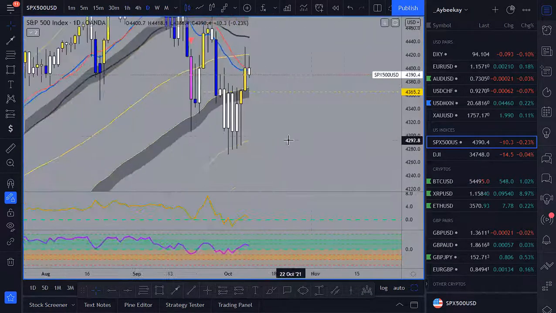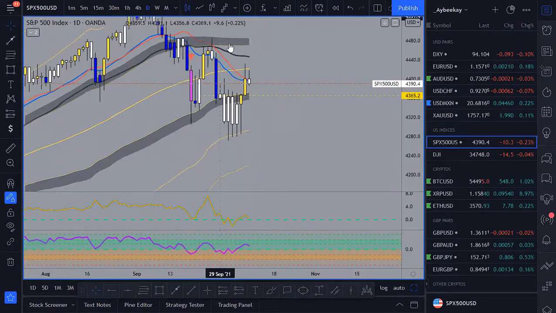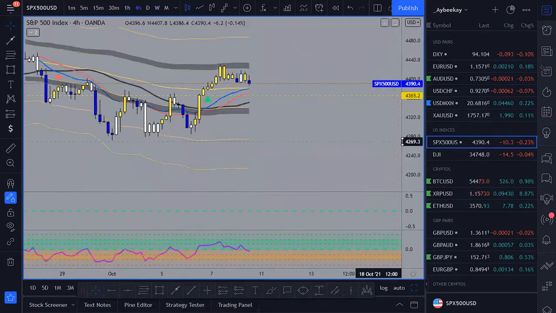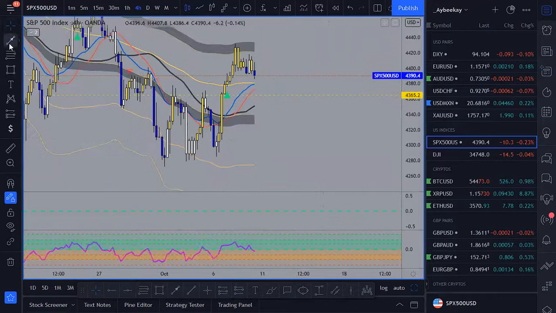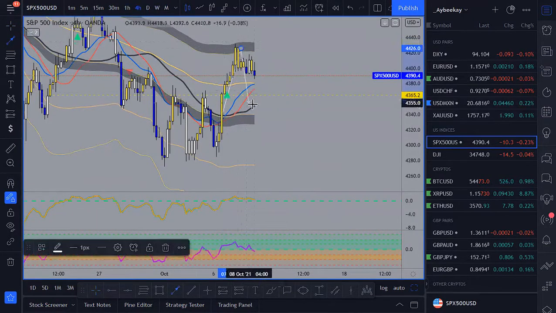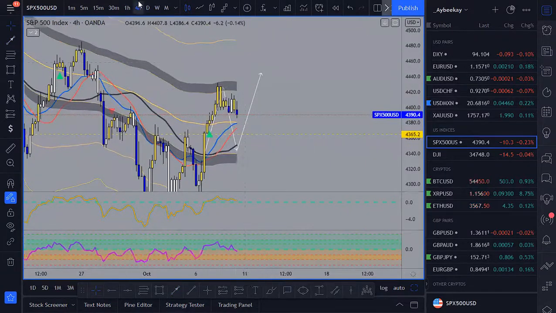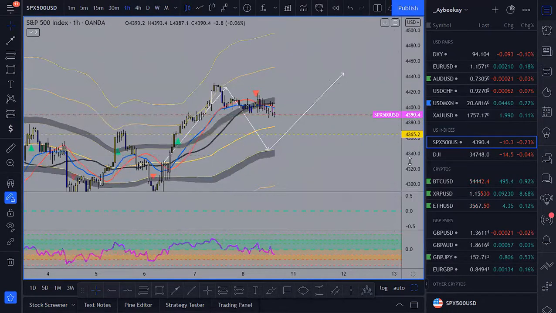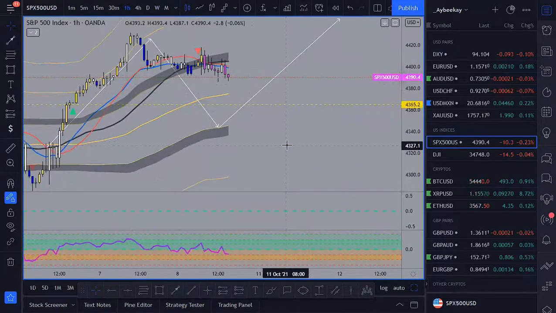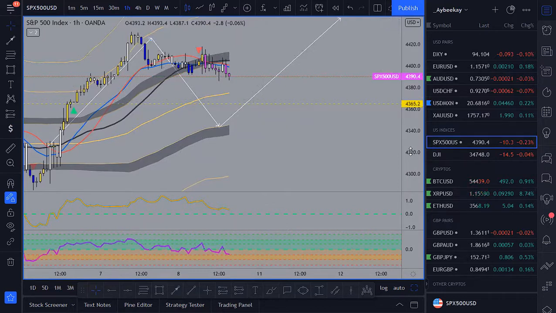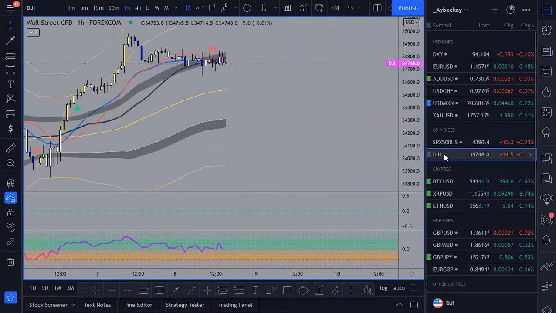Going over to the US indices on arbitrage, weekly time frame has been bearish, but I'm not looking at that. This 4 hour time frame is very interesting because I would want it to do something like this personally. So that is for S&P. Oh, and we have 1 hour time frame calling for the sell. So S&P, I'm definitely looking for the bears on this. If I get a retracement back up to this RSI line, then maybe I'll try to get into the sell once market opens, just like I did last week. Y'all saw that last week, huh? Yeah. All right.